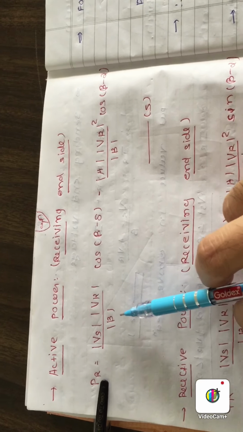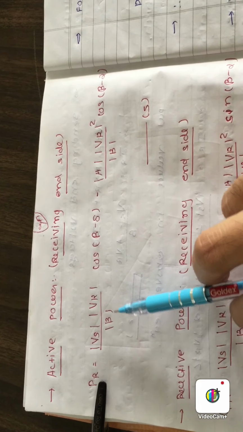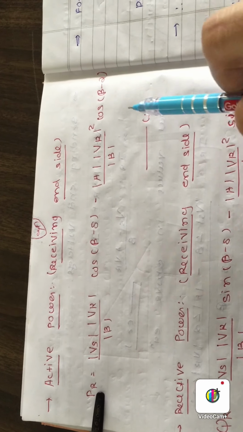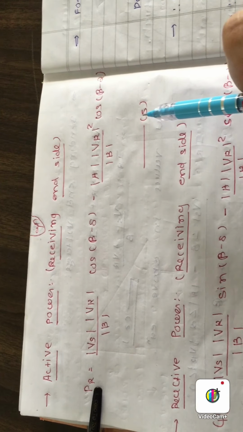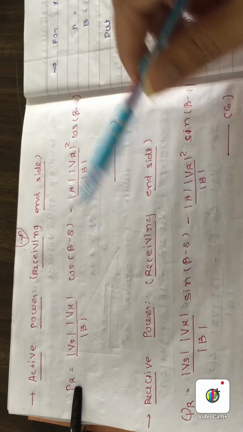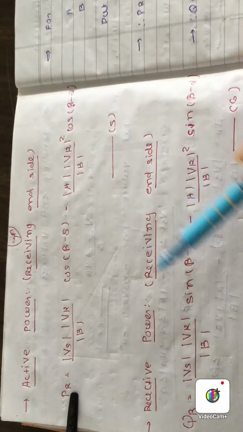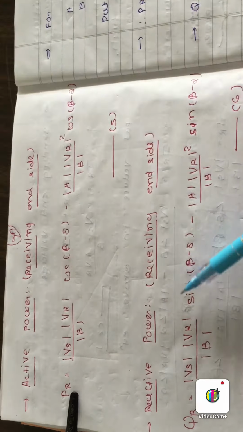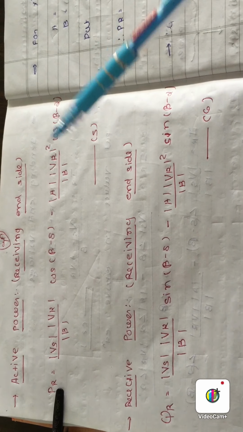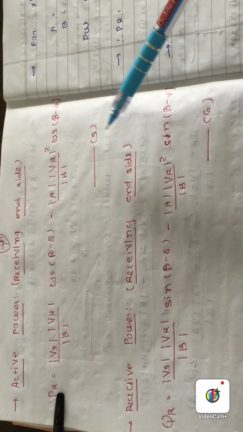VS VR B, instead of angle here cos will return, cos beta minus del minus AVR square beta cos beta minus alpha. This is equation 5 for active power. This is the equation for receiving end power. Instead of cos, we will write sine. Okay, so it will convert to reactive power at the receiving end side. So this is the derivation of complex power in the form of active power and reactive power up to